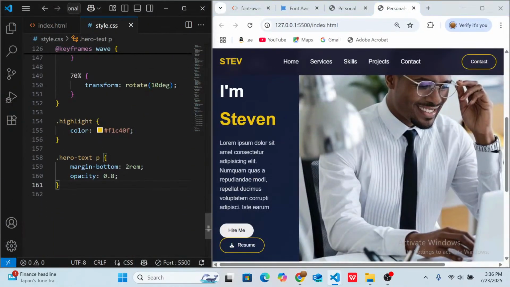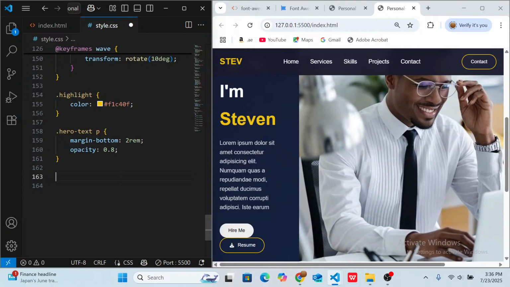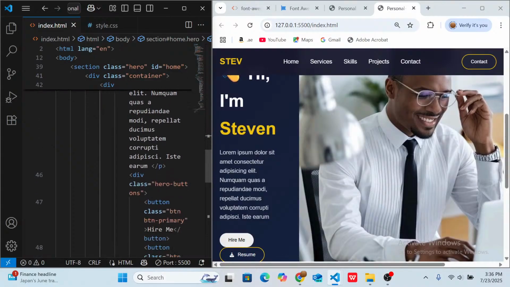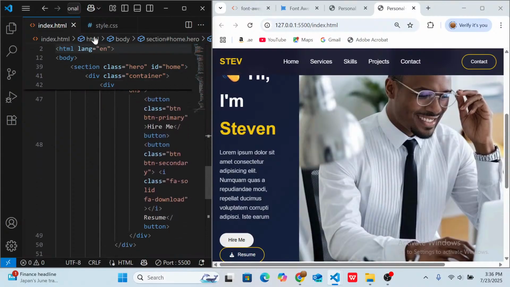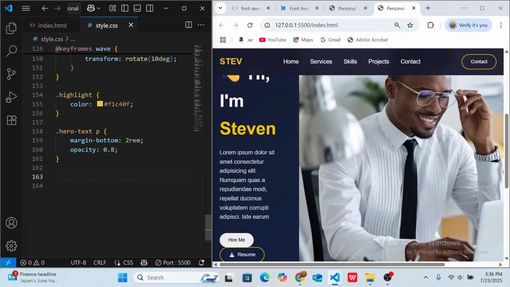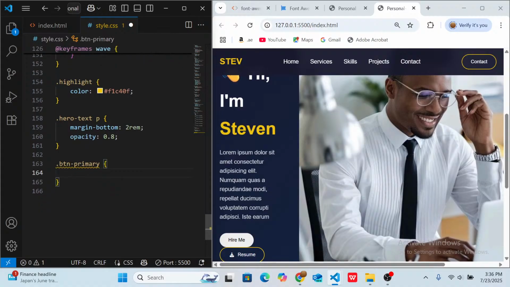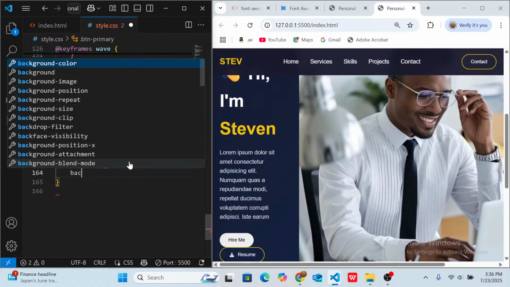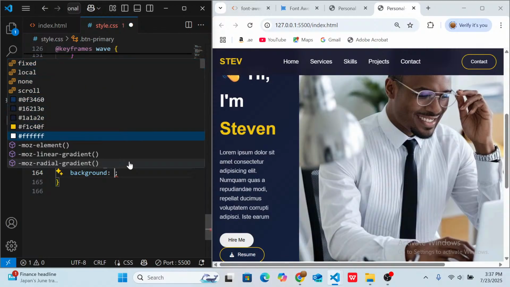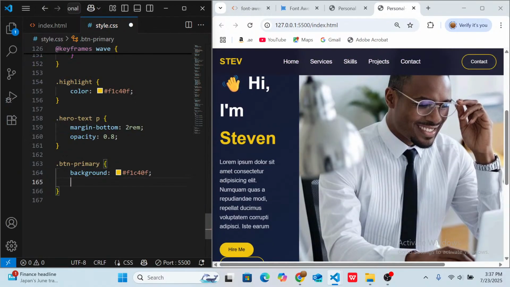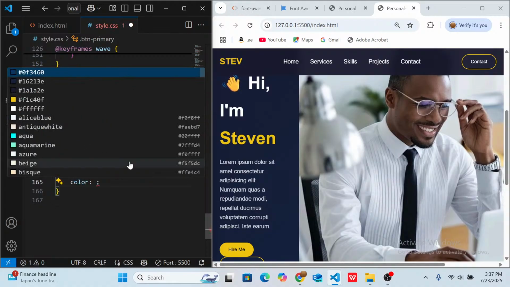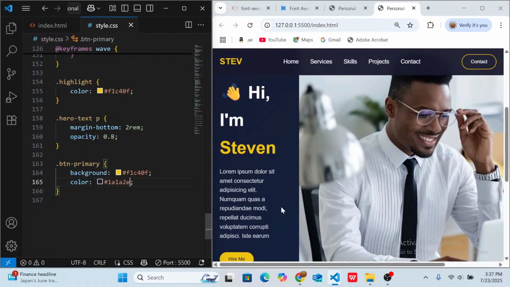So now let's style the hire me button, which is the primary button. We use a class of primary button for the hire me. Let's give it a background of yellow. Then for the color,